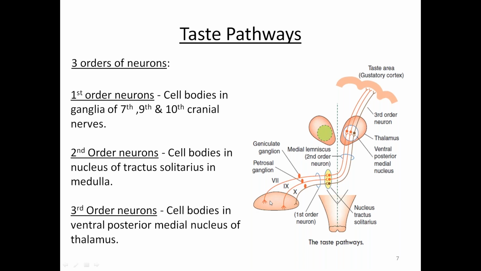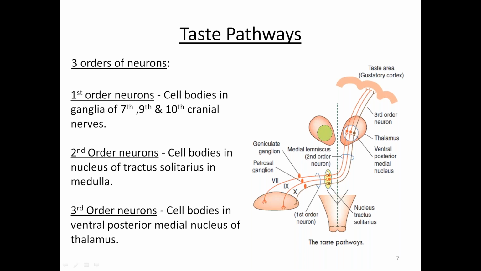I hope we have got some idea. Just recapitulating, from the anterior one-third of the tongue, the facial nerve is carrying the sensations from the taste fibers. So these are your first order neurons. Here are their cell bodies and they terminate here